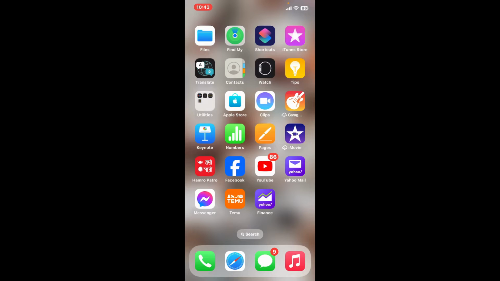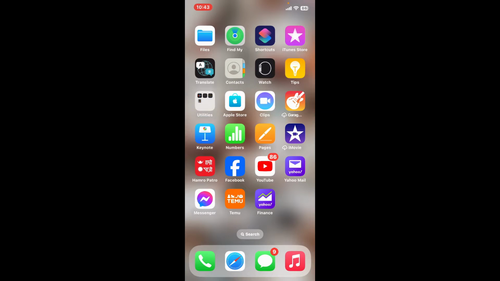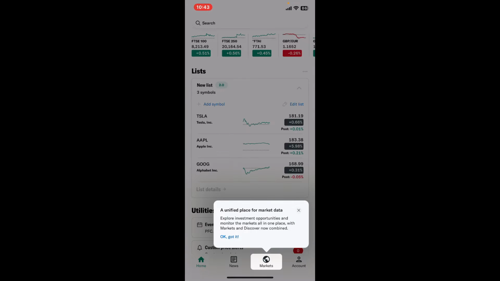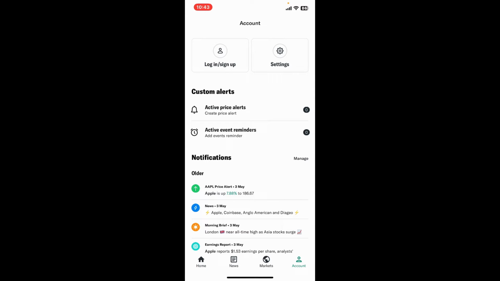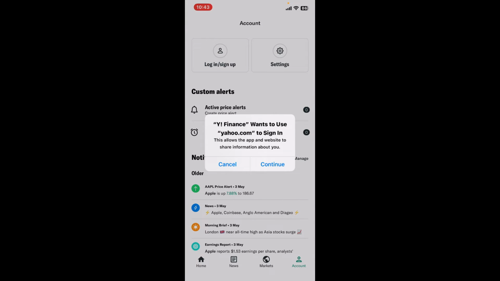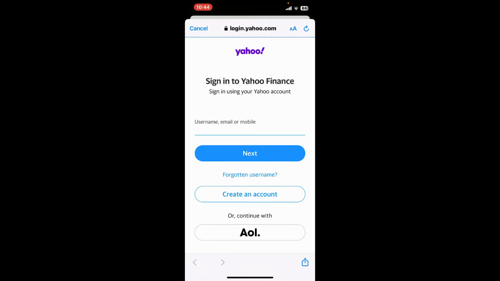In this video, we will be learning how to log into your Yahoo Finance account. To log into Yahoo Finance, first of all, open the Yahoo Finance application from your mobile device. Now you'll end up in the main home page for Yahoo Finance. Go to the account button at the bottom right and tap on it. Tap on the login/sign up button at the upper left and click the Continue button to end up on yahoo.com